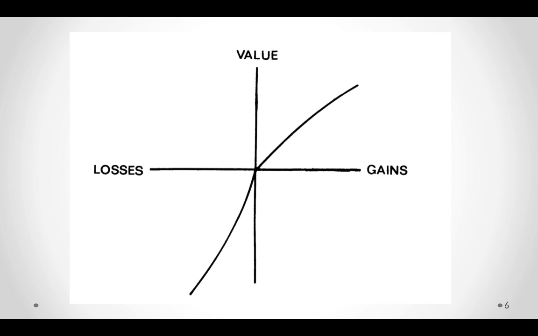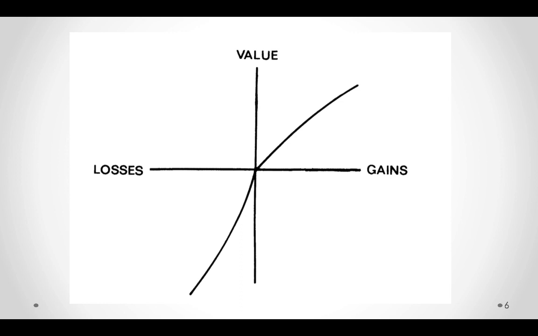Okay, so on this quadrant, you see 4 quadrants, only 2 of them are of importance for us. On the top right quadrant, that's the gain part, and on the bottom left quadrant, it's the losses part. Okay, the losses quadrant. So let's see, what do we notice when we look at this curve just by looking at it? It's very simple. I kept it simple with the purpose for us to look and discuss it. So there are 3 things that we notice here. First of all, the curve has a reference point at the origin, the 0 point of the curve. You see it in the middle where everything intersects.